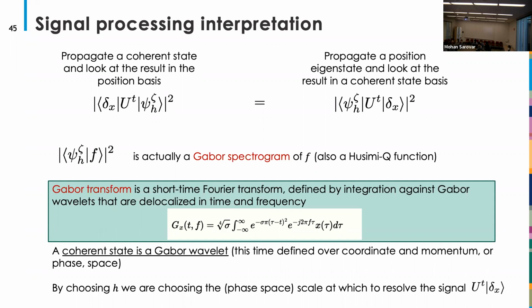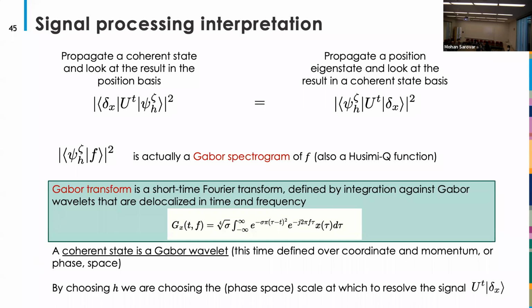So what we're doing is propagating a coherent state and looking at the results in positions. But trivially, that's also propagating a delta function and then looking at it in the coherent state basis, right? And this quantity,